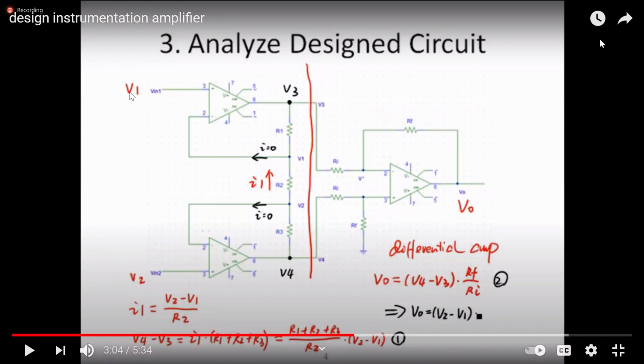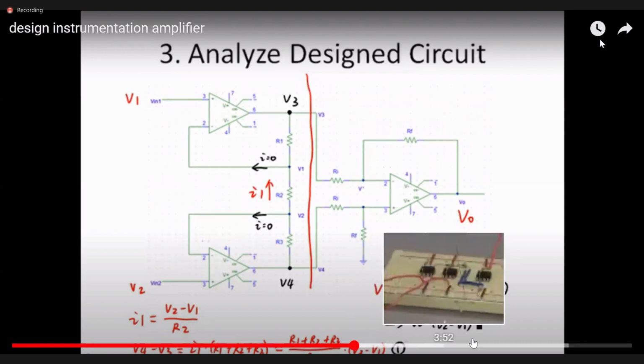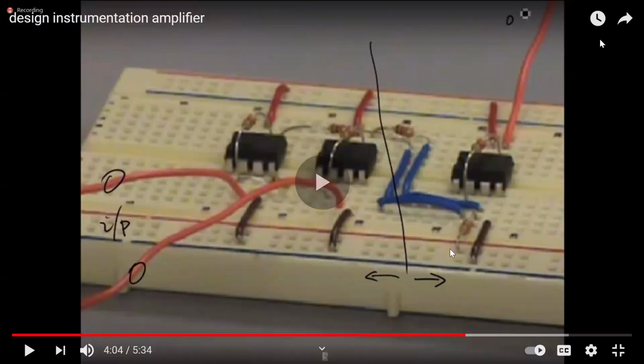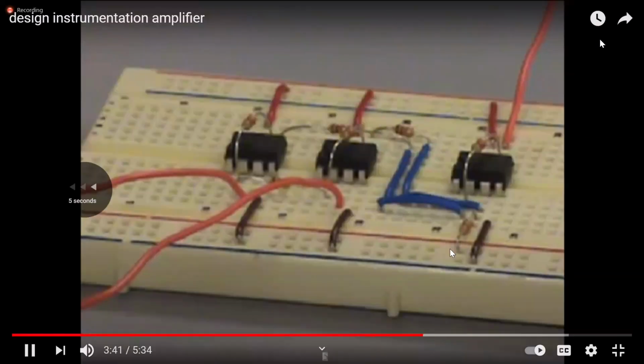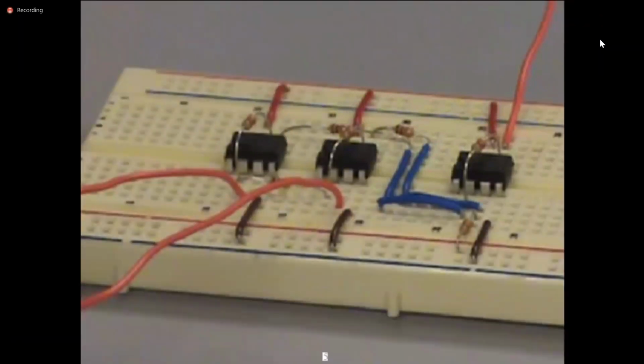First amplifier has input at plus terminal. Second amplifier has input at plus terminal. Third operational amplifier has 2 inputs, at plus symbol and at minus symbol. So that is why we have to use 3 ICs. In this sample circuit, we used 3 741 op-amps, just like the schematic.